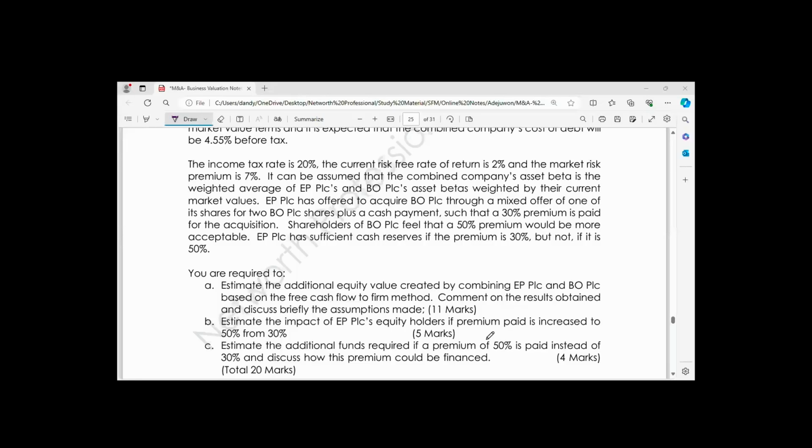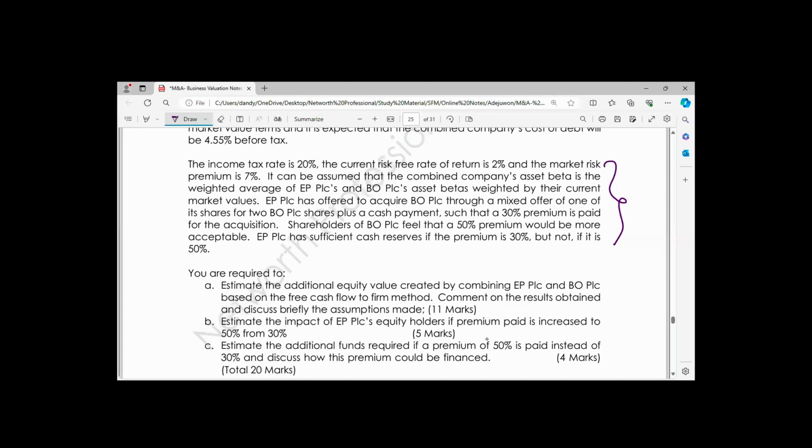Okay, so let's move straight to requirement number B. In the B requirements, you are to estimate the impact on EPPLC's equity holders if premium paid is increased to 50% from 30%. You remember the scenario in the question, especially in the last paragraph. In this paragraph, there is an argument between the management of EP and the shareholders of BO. The management of EP PLC has capacity to pay 30% premium, but the shareholders of BO are requesting 50% premium. So in the B requirement, the examiner is now asking you to estimate the impact on EPPLC equity holders if premium paid is increased to 50% from 30%,